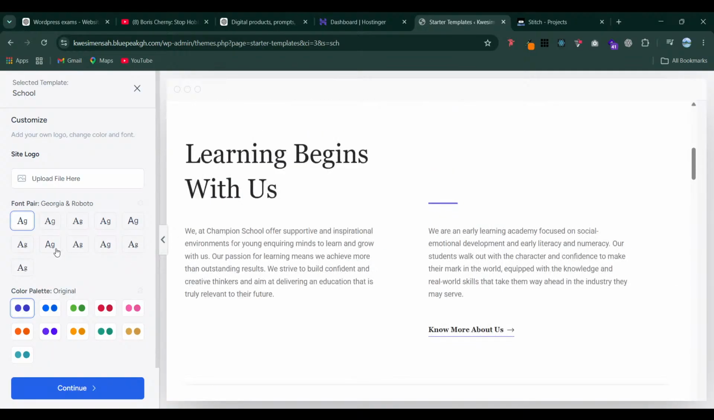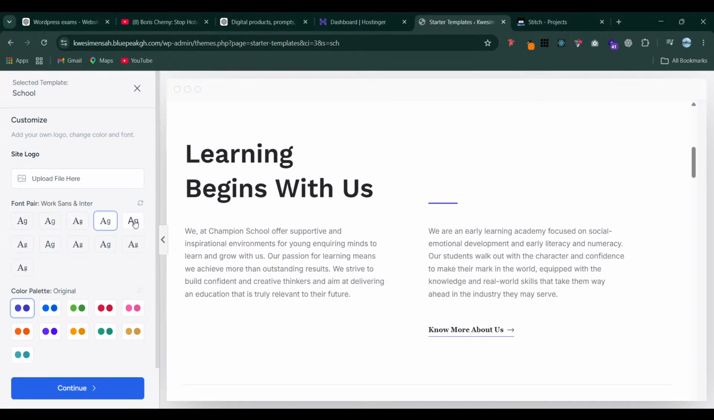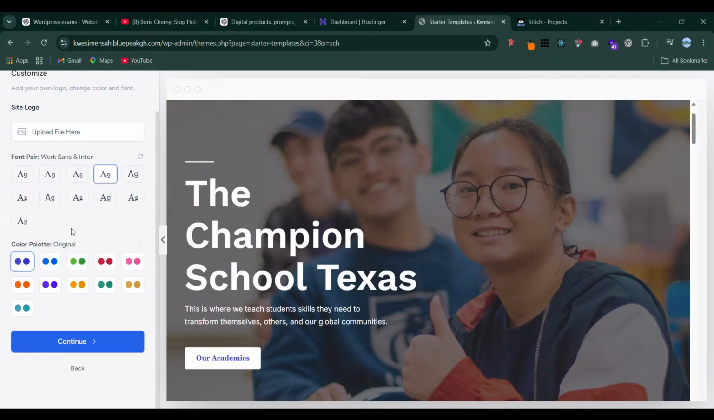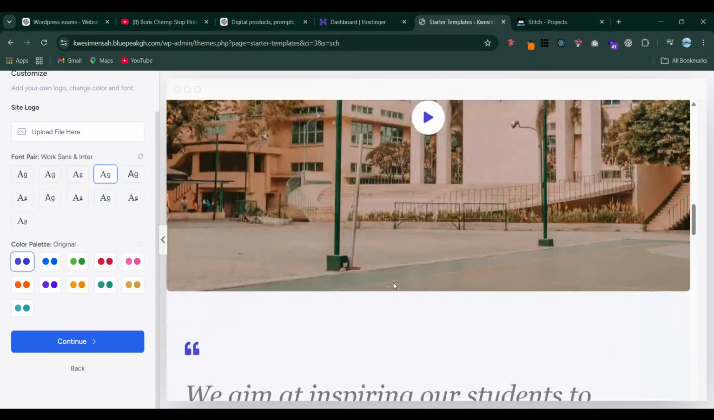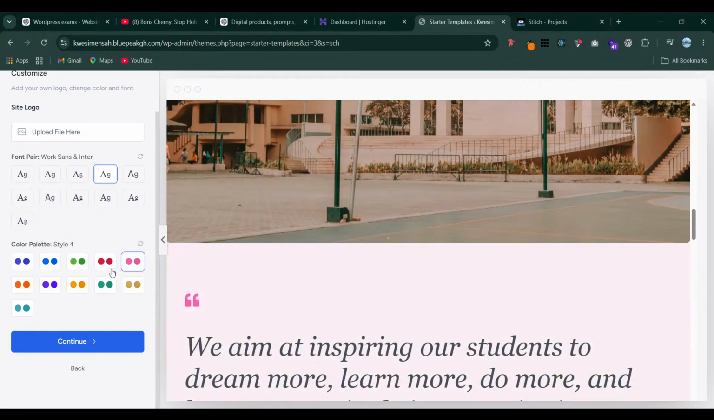And we are going to select the fonts. Okay, so I think I'll go with this. It says Work Sans and Inter. I think it's very, very nice. And you can choose